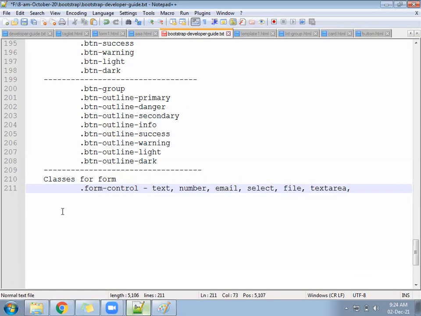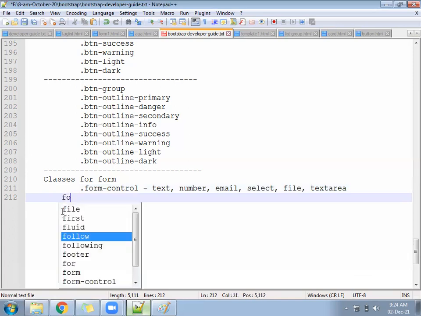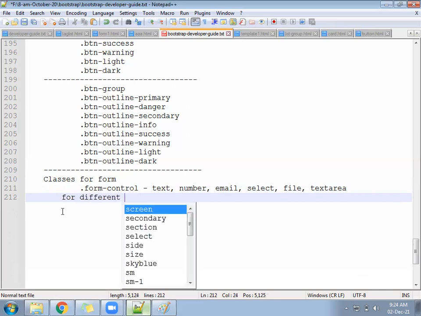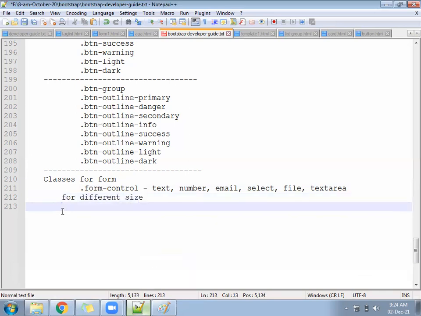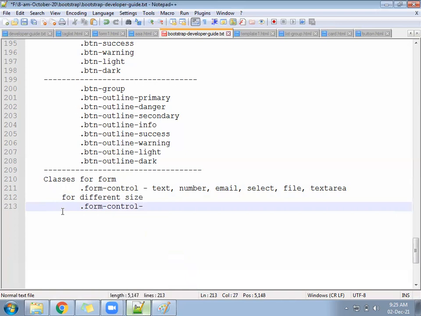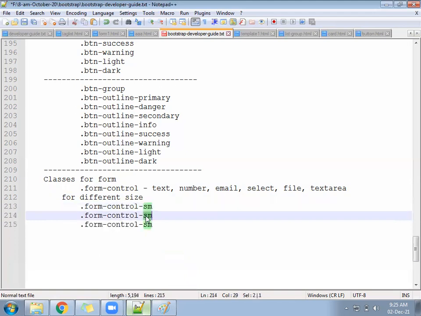You will not use it for the radio button and checkbox. There are different sizes: form-control-sm, md and lg.